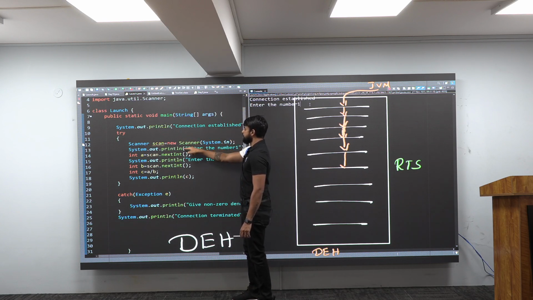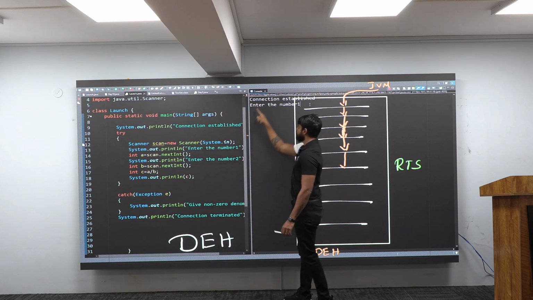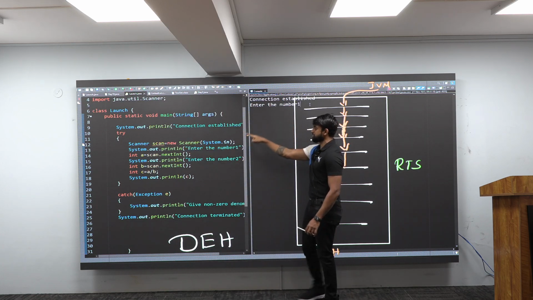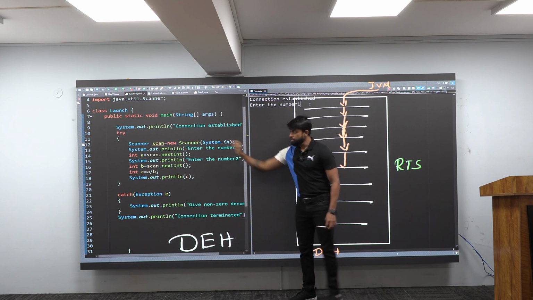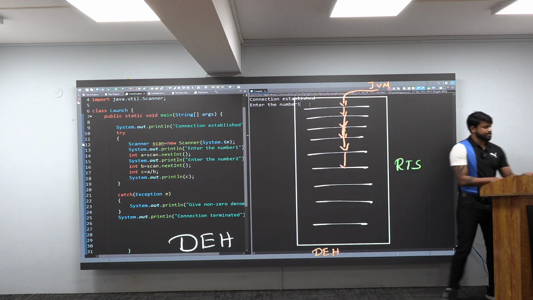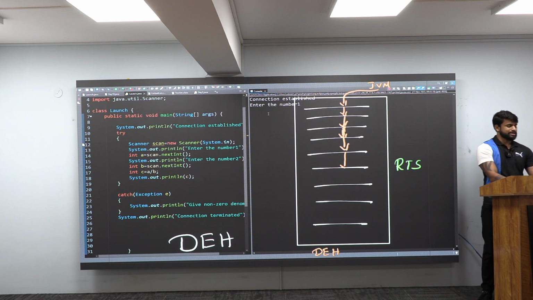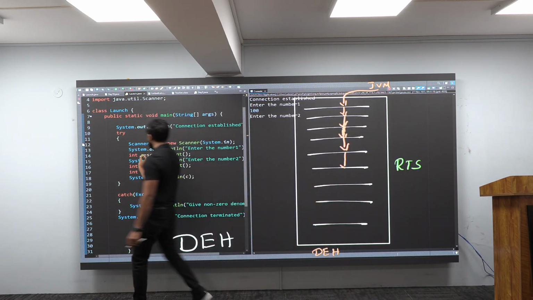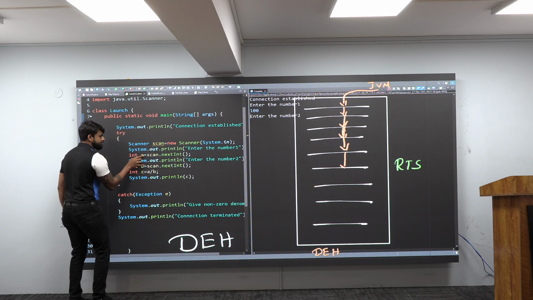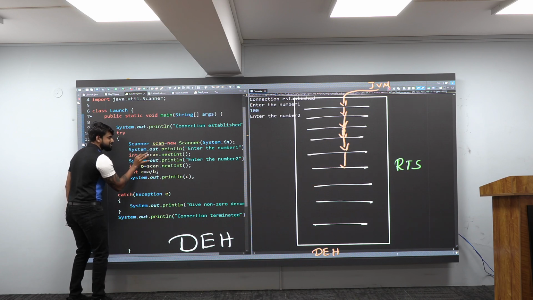No problem. Come here. Enter the number 1, that is what I am showing. Means this line is also executing properly. No unusual event till now. Enter the number 1 means, let me give a number as 100, like this. When I hit enter, this 100 will be scanned and where will it be given? Inside A. Awesome. This line also executed properly.